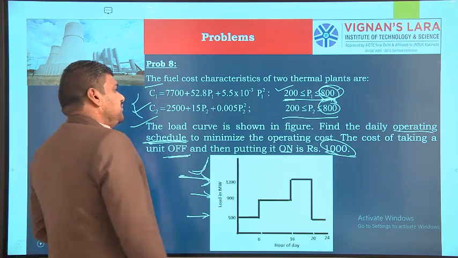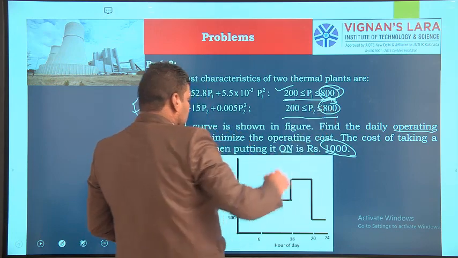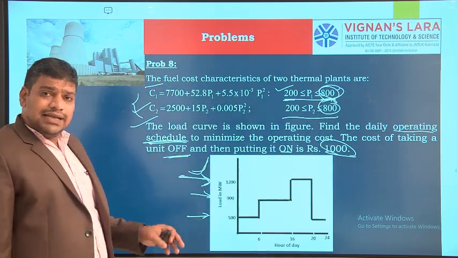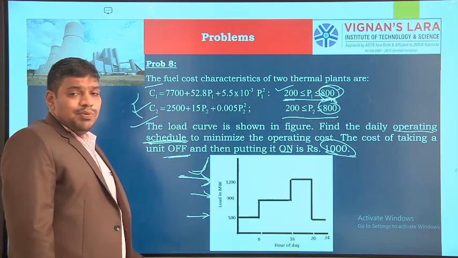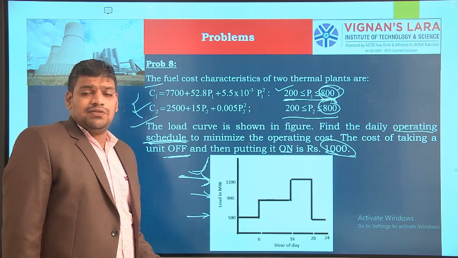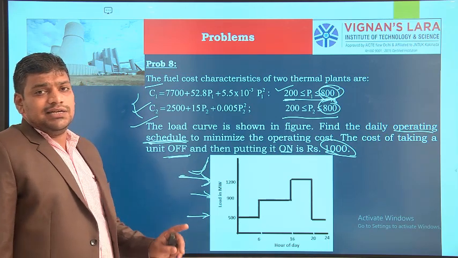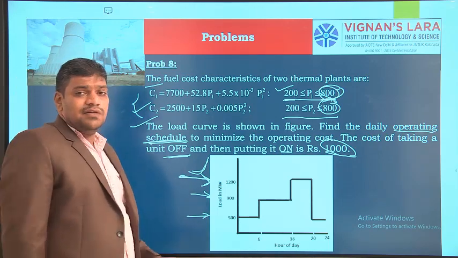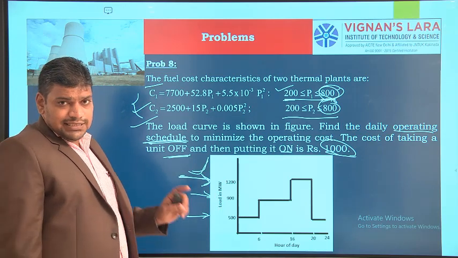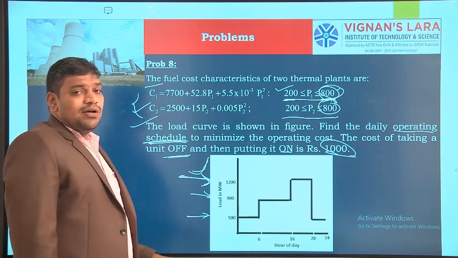In this condition, the maximum is 800 megawatts. The load is 500 megawatts. Therefore, you can meet the load of 500 megawatts by making use of a single generator. So, a single generator is sufficient to meet a load of 500 megawatts.